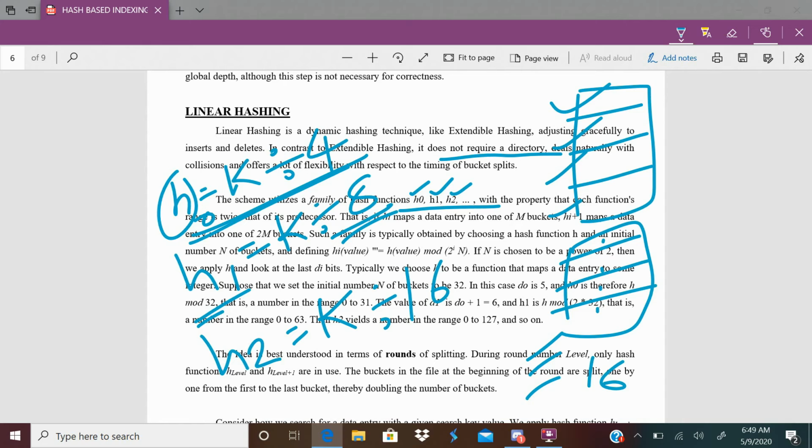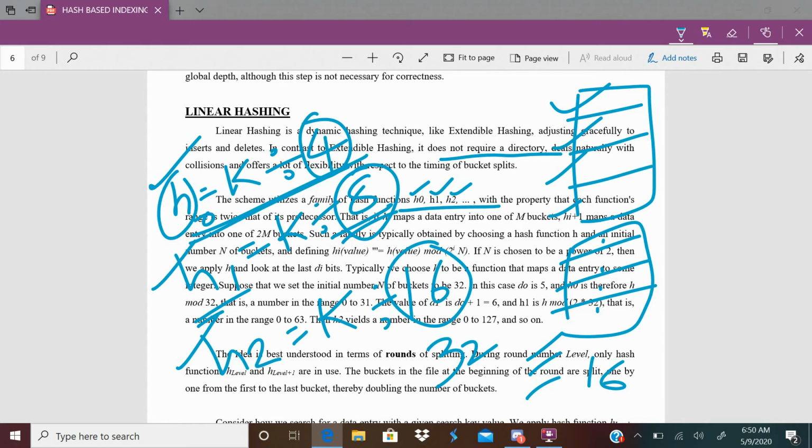It won't use any directory pointers. It uses a family of hash functions h0, h1, h2, h3 and so forth. Here you also observe the hash function is modulus 4, here 8, next 16, next 32, next 64 and so on.